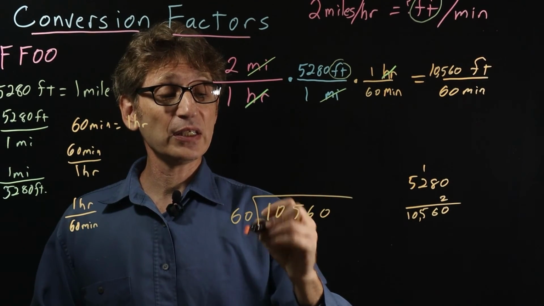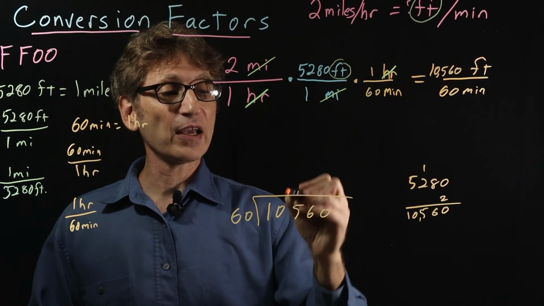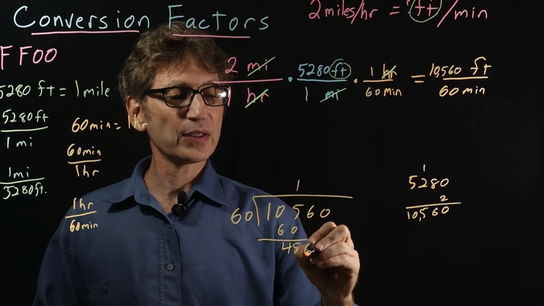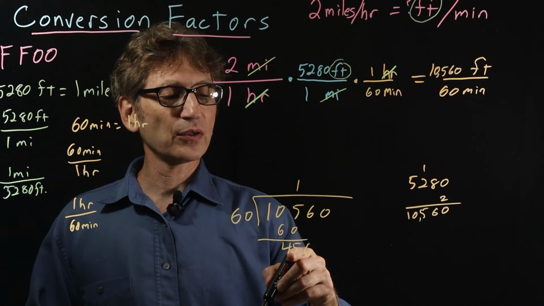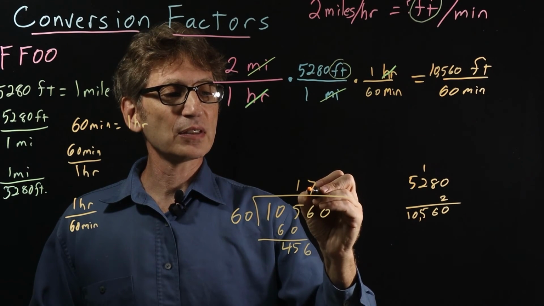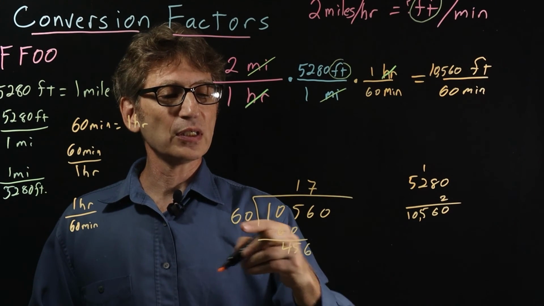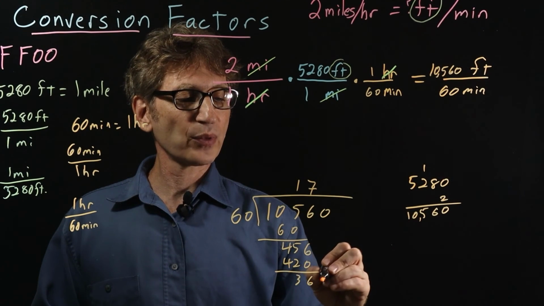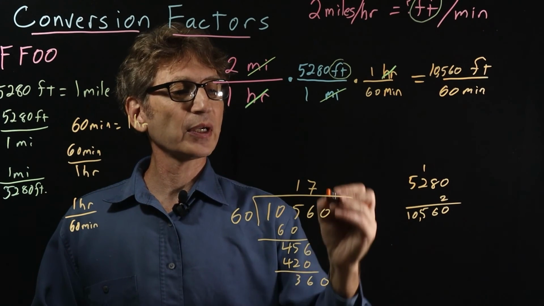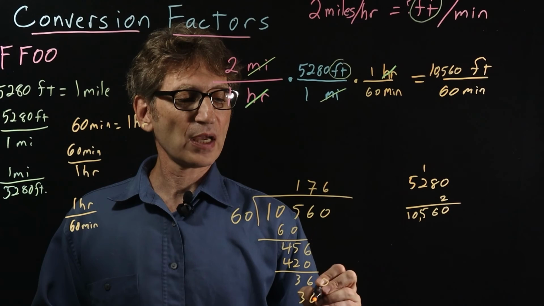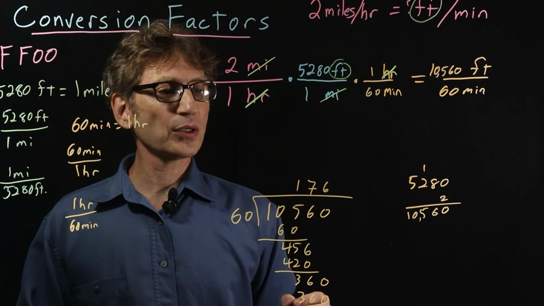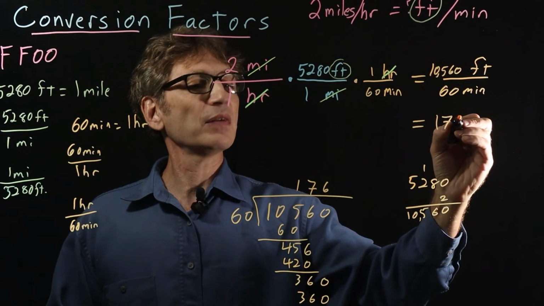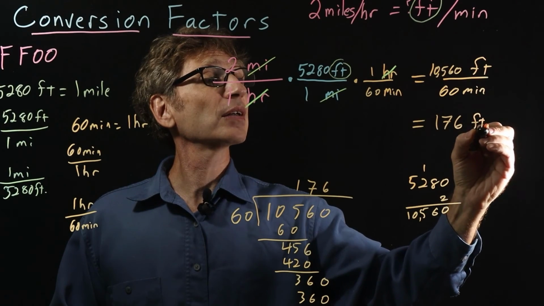So 60 goes into 105 once, 60. Subtract, I get 45, bring down the 6. 60 goes into 456 7 times. 7 times 60 is 420. I now have 36, bring down the 0. 60 goes into 360 6 times. So it looks like this would end up being 176 feet